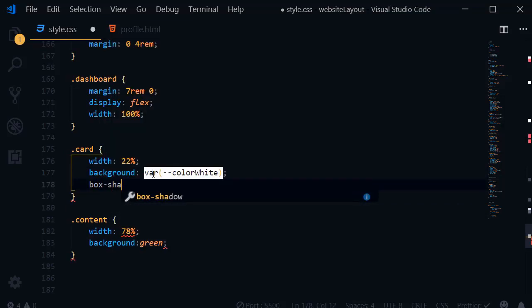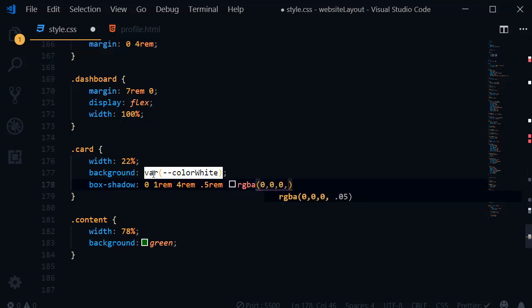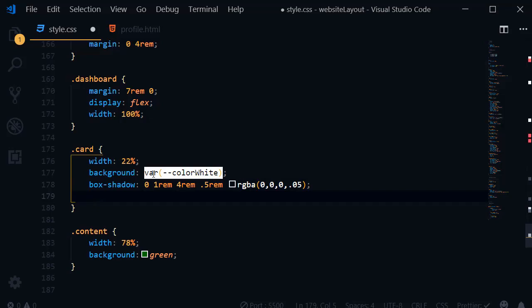After that, box-shadow: horizontal shadow 0, vertical 1rem, blur 4rem, and spread 5 pixels. I want to convert pixel to rem, so 0.5rem. RGBA, and the color will be black, so 0 0 0. Triple 0 means black color, and now opacity, so 0.05, perfect. And now padding 4rem from all sides, and now